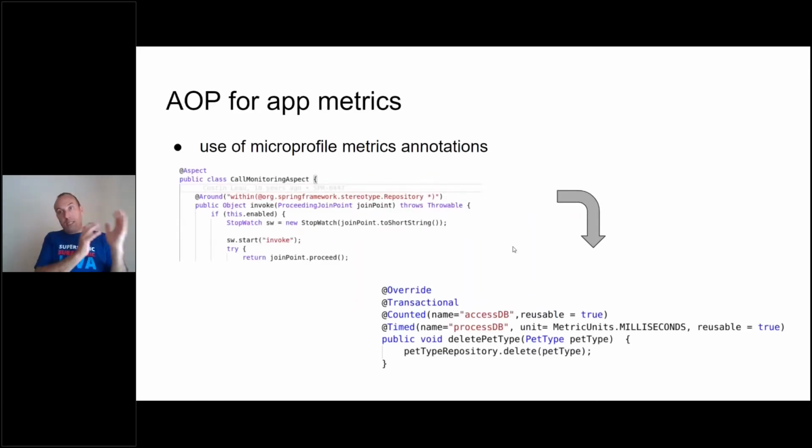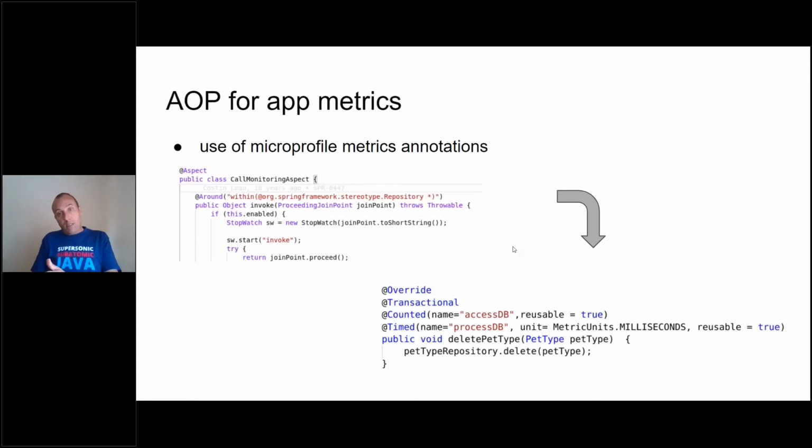Regarding what I said about security, AOP for getting metrics, in this case, it's very convenient. AOP, if you haven't tried, is super powerful. As you can see on the left, with a simple method and expression, we are annotating all the methods coming from repository classes and subclasses. And we are adding, in this case, a timer. And yeah, it's very easy.